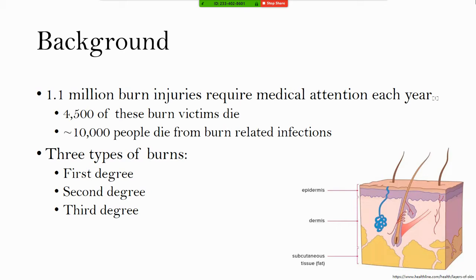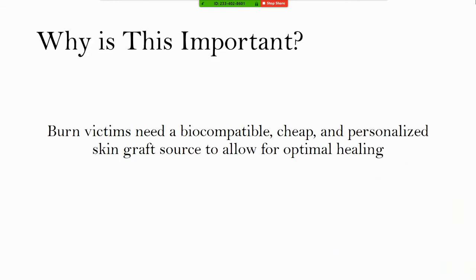For just a quick background, in the United States, around 14,500 people die every year due to burn-related injuries. These are usually caused by second or third degree burns. Now, the current treatment for these are usually skin grafts. But with our research, we've thought that we could possibly give another alternative to the source of these skin grafts. And that's why this is important, is because burn victims need a biocompatible, cheap, and personalized skin graft source to